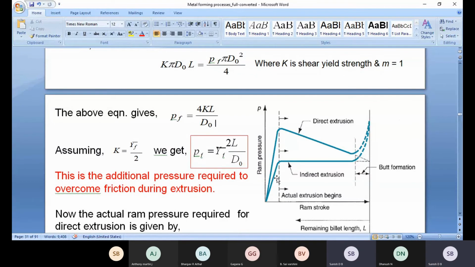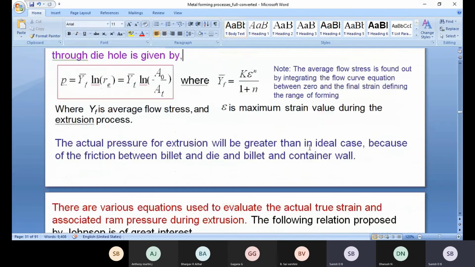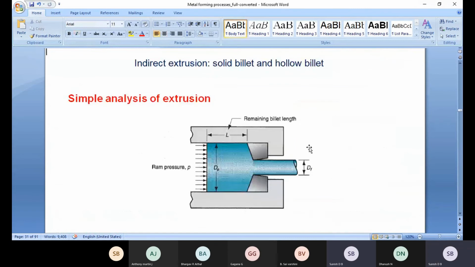Okay, because in direct extrusion process, the left side of the container is completely closed. Only the right side, as you can see in this diagram, is open. At exactly the center, the right side opens. At that time, maximum force or maximum load is required to compress the complete material. Only a small gap is present between the two dies, and only through that gap does the material come out.